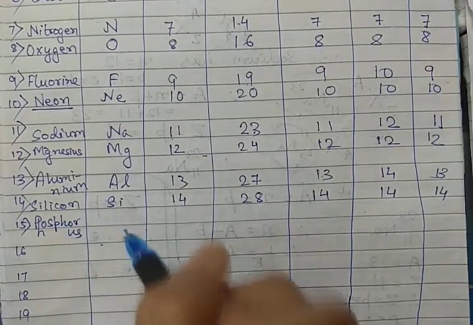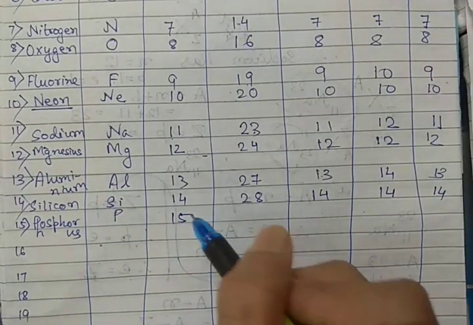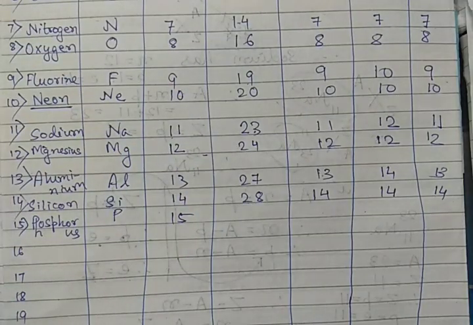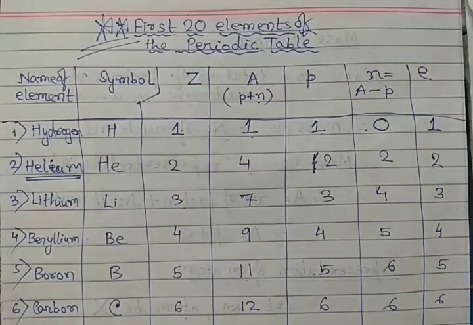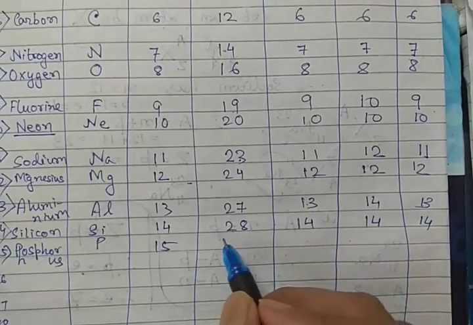Phosphorus is represented by the symbol capital P. It has an atomic number of 15. See, the arrangement is based on atomic number. The atomic number is increasing by 1 since the first element. বুঝেছো? এবার 1 থেকে 20 কেন বলি বুঝেছো? 1 থেকে 20 এলিমেন্টগুলোর অ্যাটমিক নাম্বারও 1 থেকে 20 হয়। পরপর একটা একটা করে অ্যাটমিক নাম্বার বাড়তে থাকে। আর মাস নাম্বারটা তো যে যার নিউট্রনের উপর নির্ভর করবে।